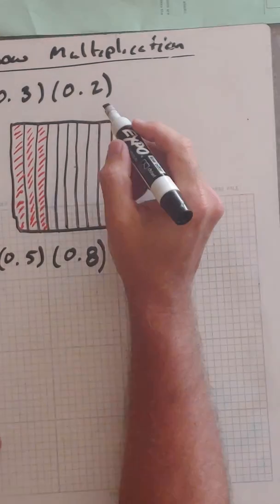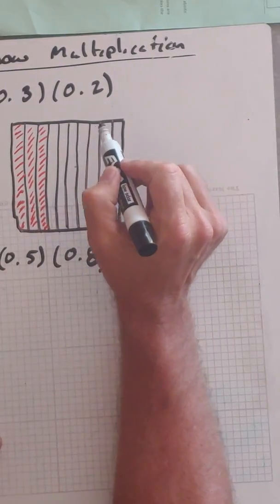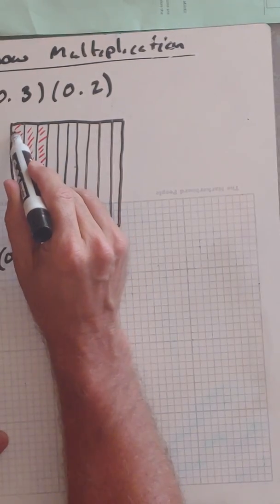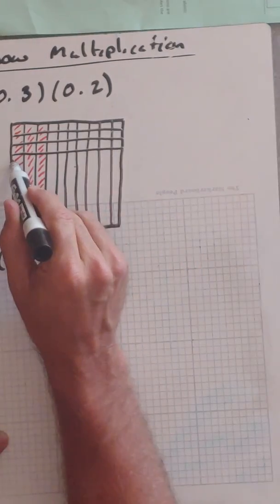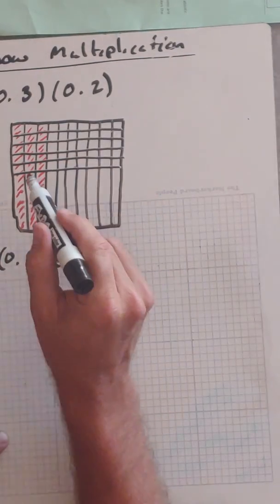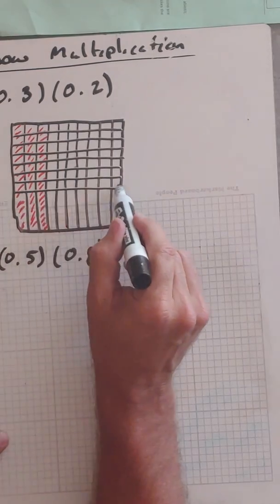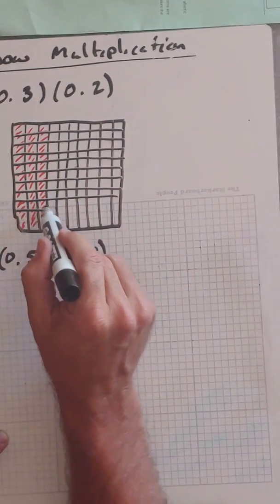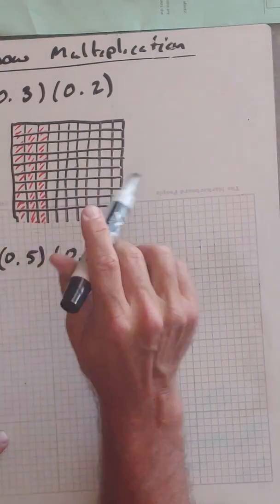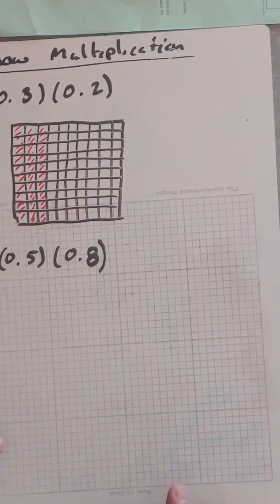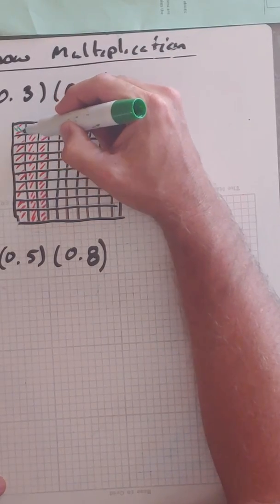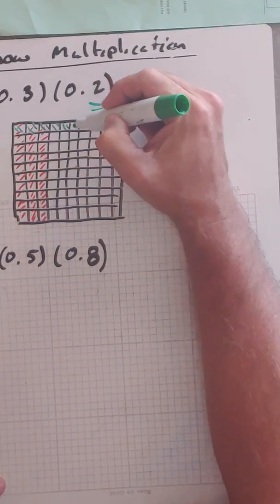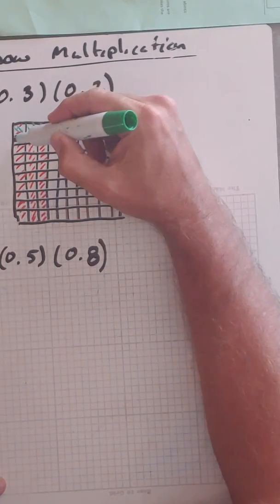And now, to do the 0.2, I need to cut it into tenths going the opposite direction, just like in fractions. So we put both of them in the same one. 3, 4, 5, 6, 7, 8, 9. Oof, that's a lot bigger. And 10. Okay? And now on this one, I'm going to diagonally go with a different color, 0.2 or 2 tenths. So that's this one. This one,